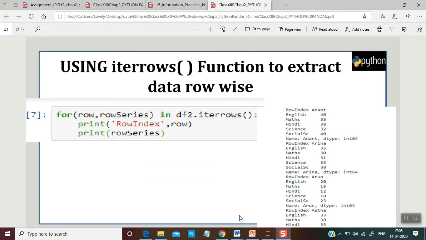Iterrows can be used by writing the following code, that is, for row, row_series in df2.iterrows. We have to write a for loop which will access the data frame through iterrows, and we'll have two variables, one row and the other row_series. Now we'll be printing row, which will have the row index, and the row_series will be having the data of the row. Like